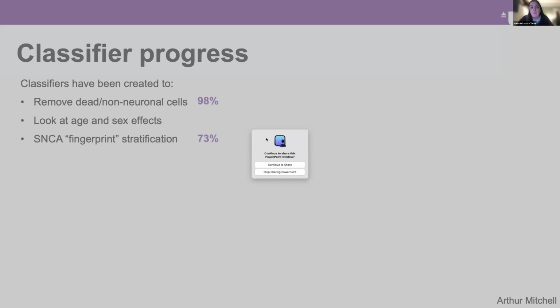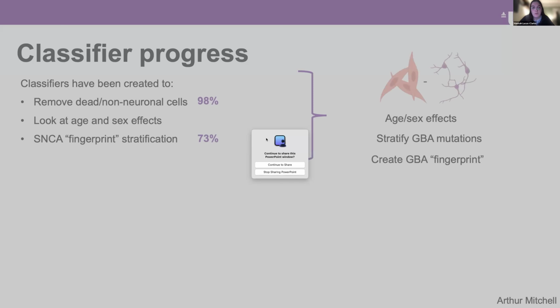And this is for the whole well, and it individually assigns each cell in the well whether that is from a patient or not, or if it has SNCA phenotypes or if it doesn't have SNCA phenotypes. So the idea is to use these models and try them out on our GBA lines and see whether we can do the same stuff from the fibroblasts and from the cortical neurons and create a GBA fingerprint.